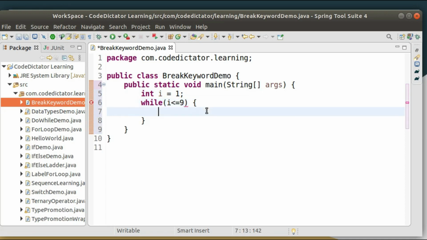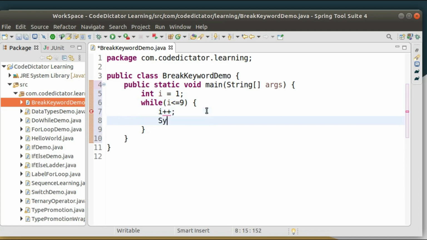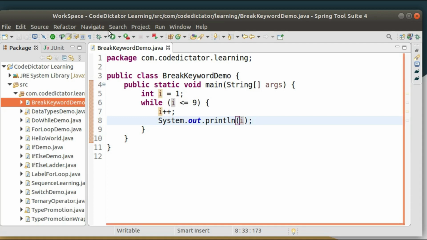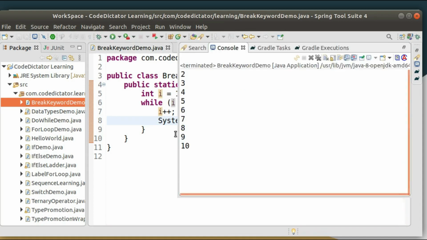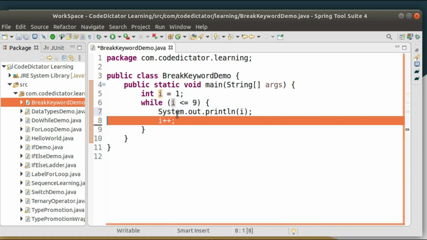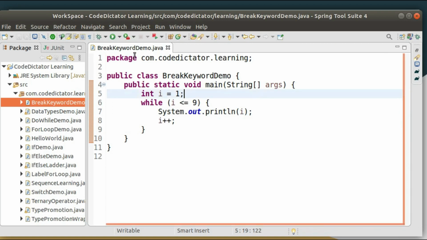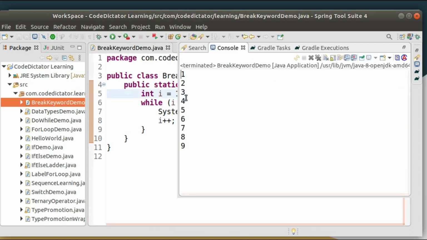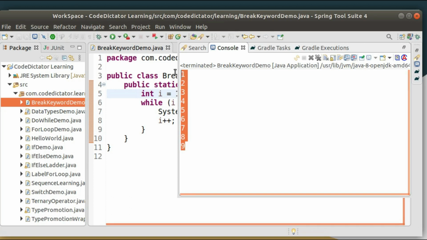I want to iterate my loop 9 times, i plus plus, and sys out, simply printing the value of i. If I execute this loop, the output will be 1 2 3 4 5 6 7 8 9.